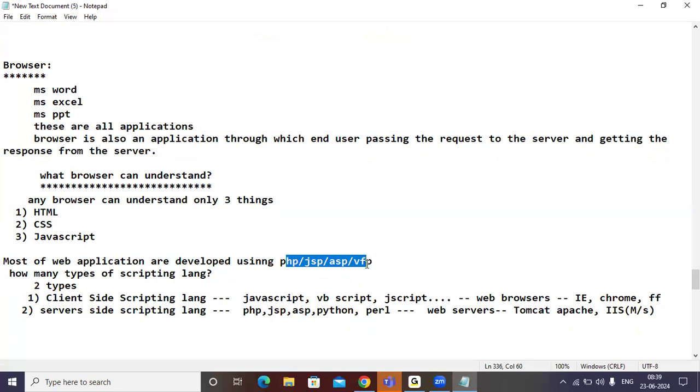Yes or no? Hello. But how can these languages be understood by the browser? That's my question here.